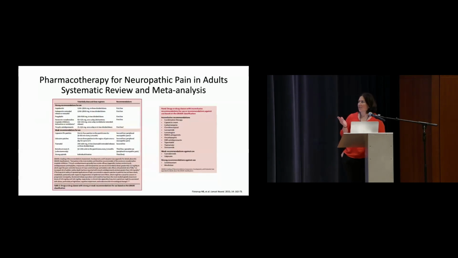This here is just a summary of the doses that were used for these particular studies, looking at those strong recommendations and those weak recommended agents. And you could see here on the right, there's a lot of medications that have been studied that just don't have conclusive recommendations yet. Very small studies, not really widely studied in a randomized fashion yet. So although some of these therapies may be effective, we just don't know at this time how effective they would be.